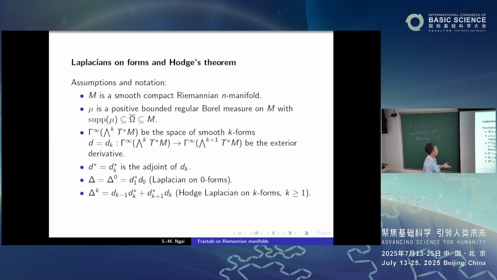So in Hodge theory, you have the exterior derivative D and the co-differential, the adjoint D star, and the Laplacian D1 star D1 plus D0 D0 star. This is the Laplacian on zero forms. The Laplacian on K forms is given by the sum of these two terms. Okay. So I have the Hodge Laplacian, and